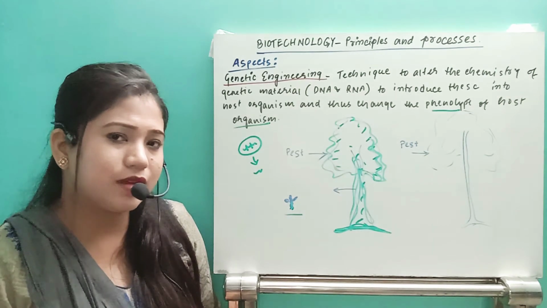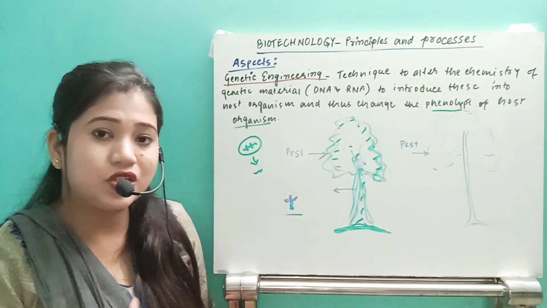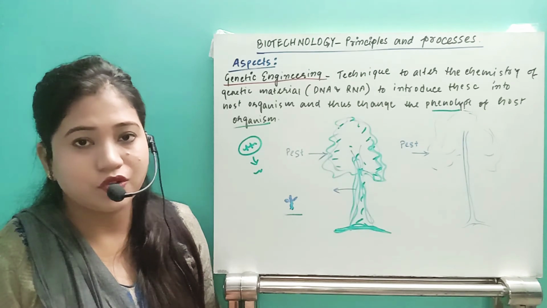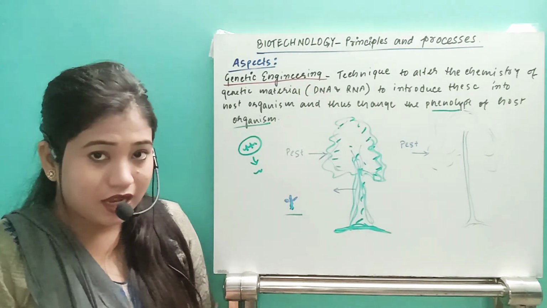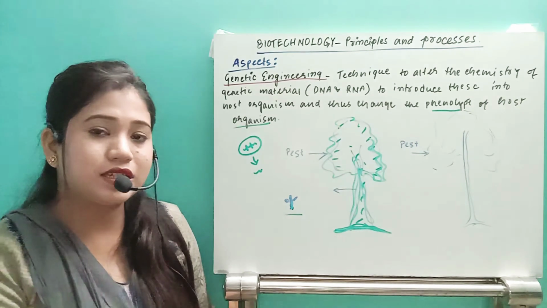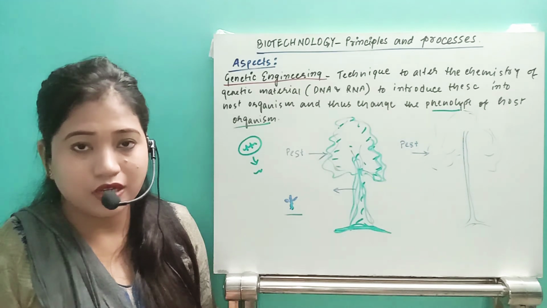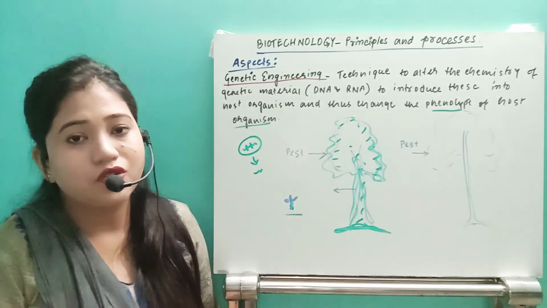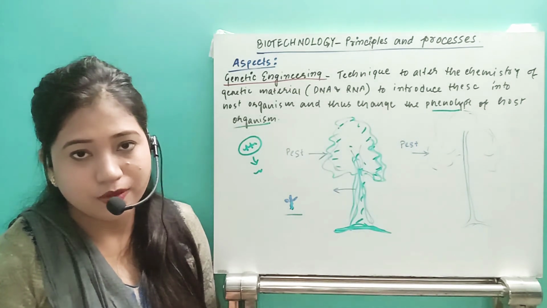And why is this enzyme not there? Because they have an erroneous gene. So that gene cannot express properly. It cannot undergo proper transcription, translation, and that's why it cannot produce the product. And that enzyme is necessary for the conversion of B lymphocytes to produce the antibodies, the T lymphocytes to produce the cytotoxic killer cells, etc. So that's why the individual will not at all have the immune system.